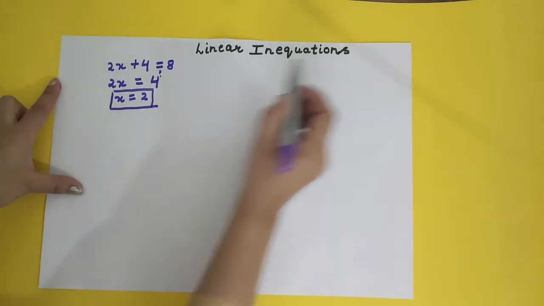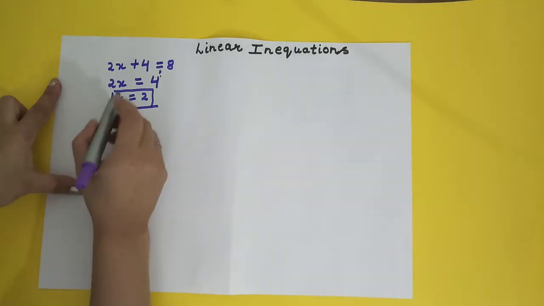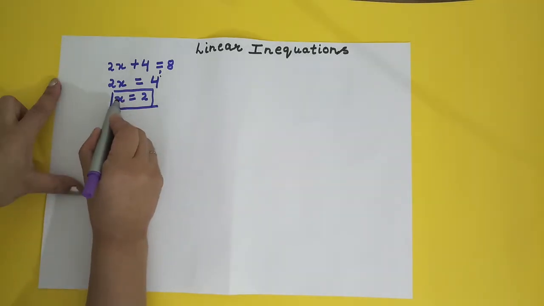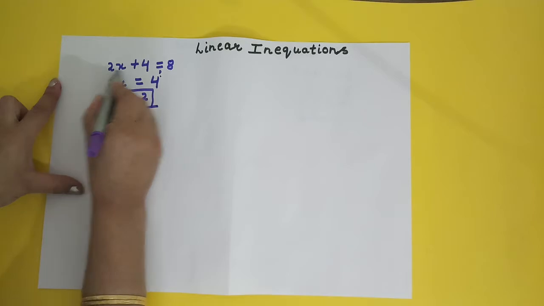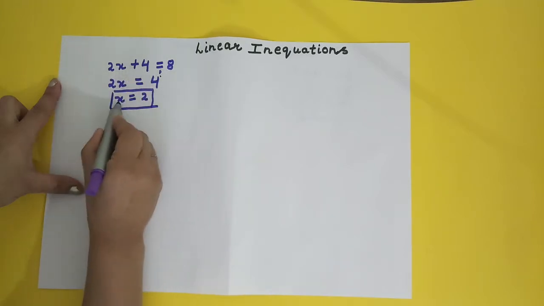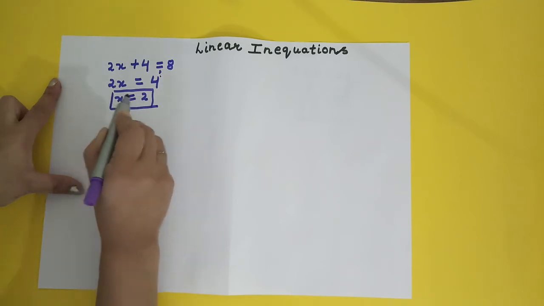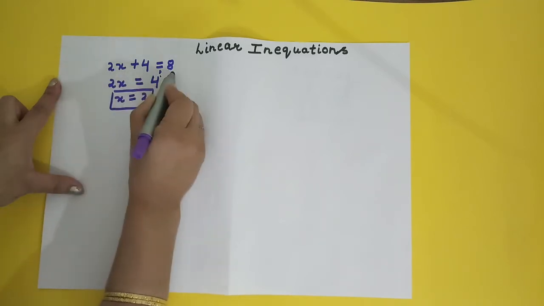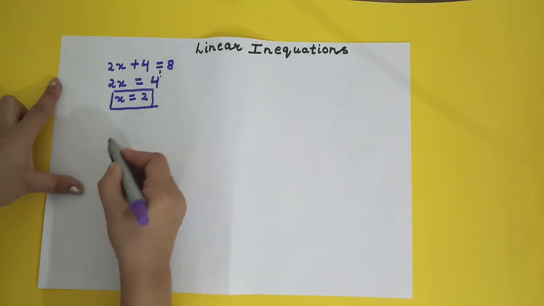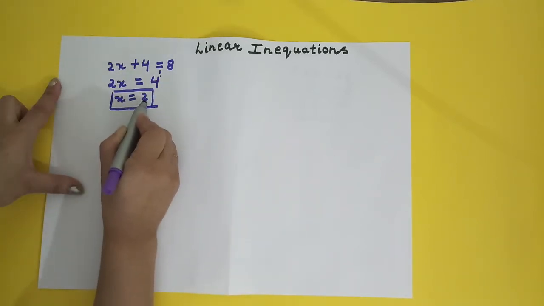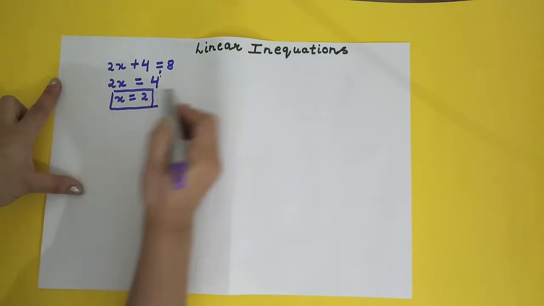They are inequations, right? So for inequations, this equation will not be satisfied for one value of x, but there will be a set of values of x which will satisfy it. Set of values means there will be many more values of x. There won't be only one value of x. So what does that mean?